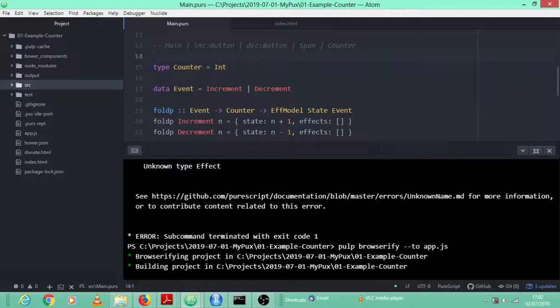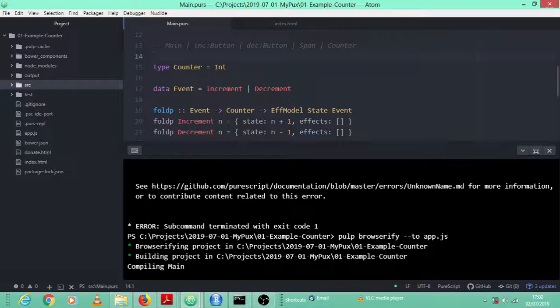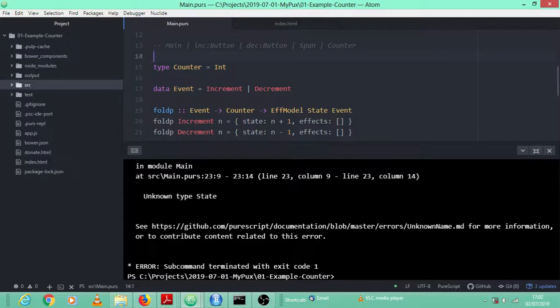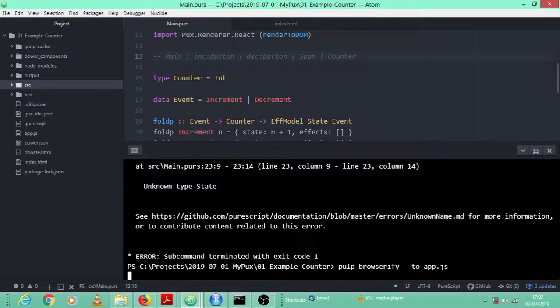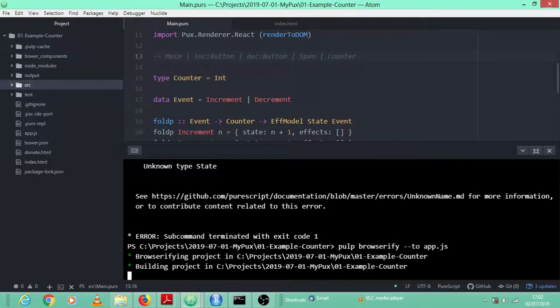But of course, we have to wait for it to finish compile. Yeah, that was a thing. Now, it definitely will work. But while waiting,